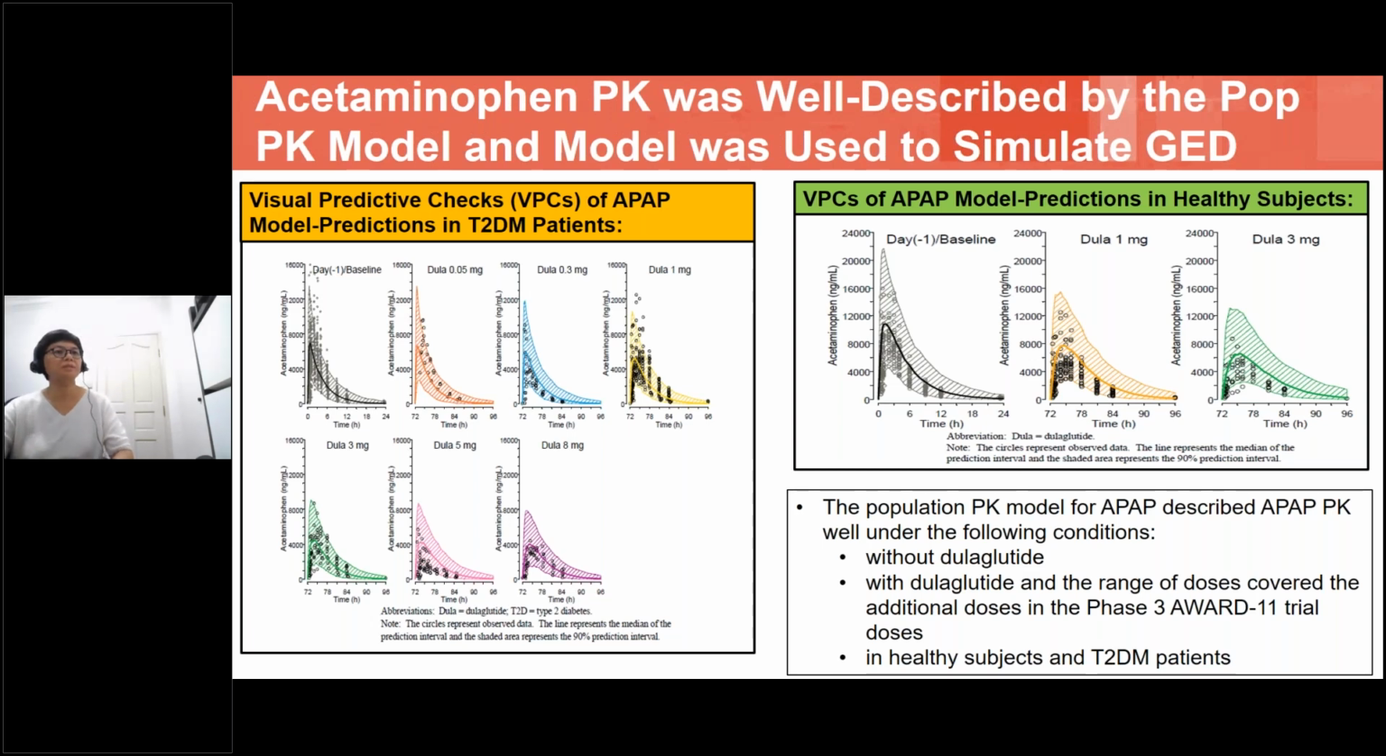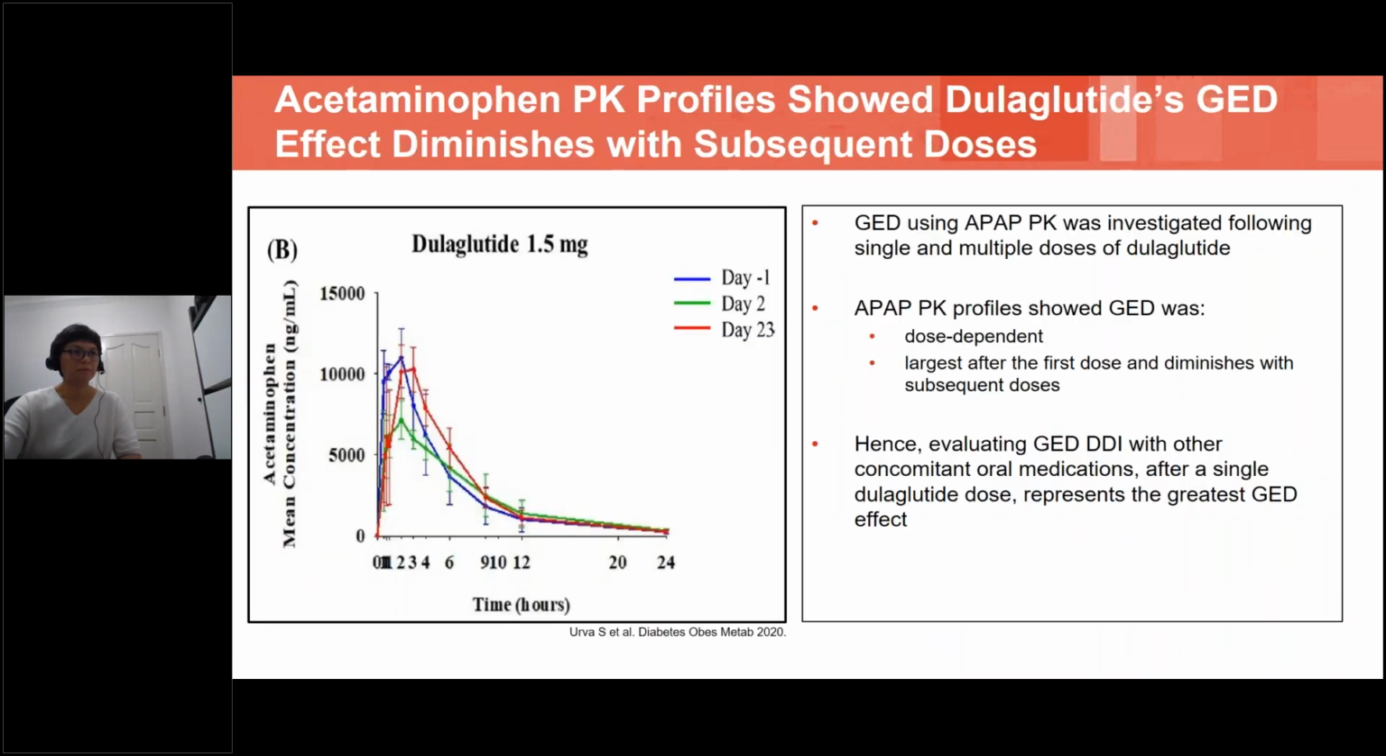Okay, sorry, the slide jumped. Okay, this is an illustrative example of one interesting phenomenon on top of the effect of dulaglutide on gastric emptying being a dose-dependent one. This is an additional phenomenon that we had observed. So taking a typical dose of dulaglutide, 1.5 milligram, which is the most commonly prescribed dose,